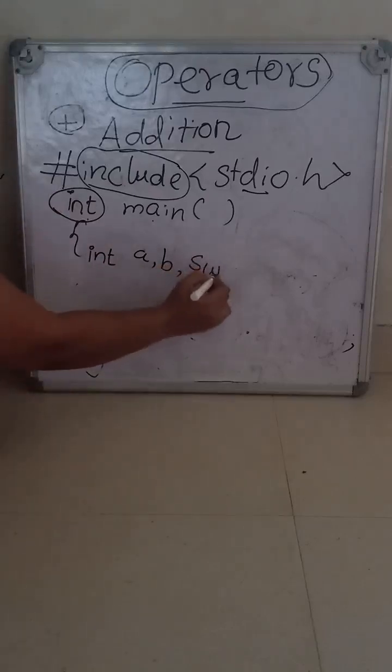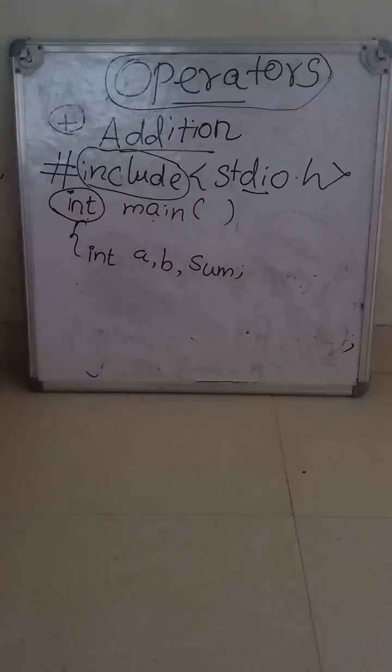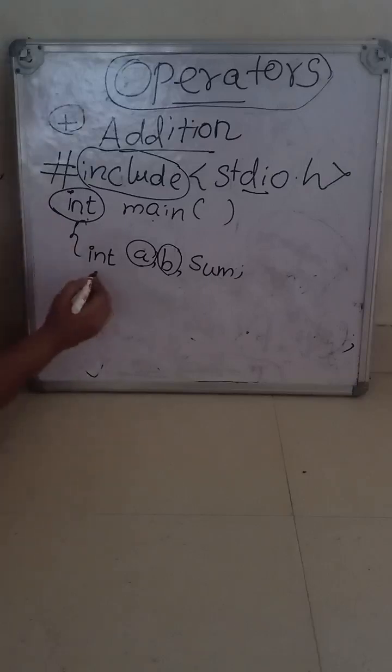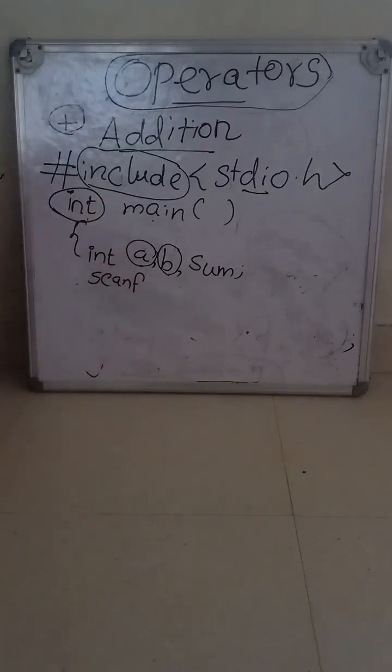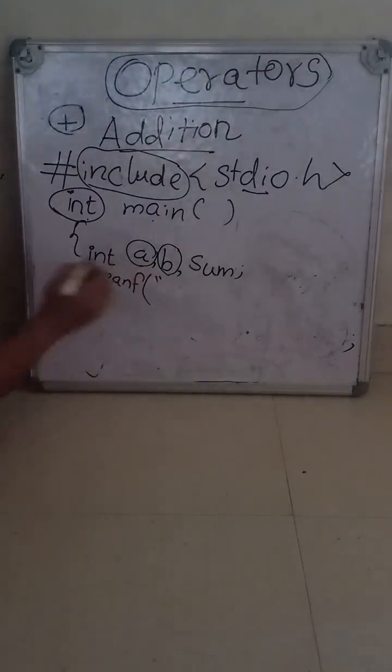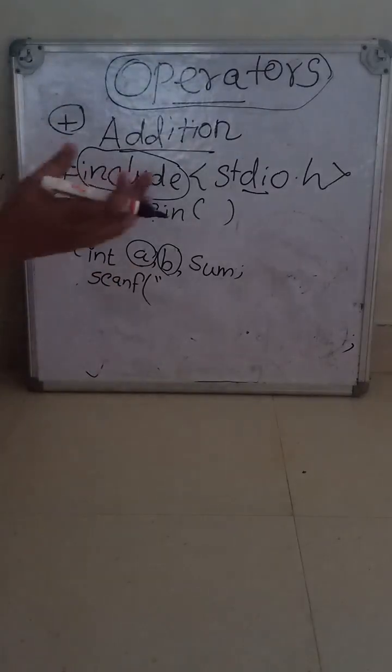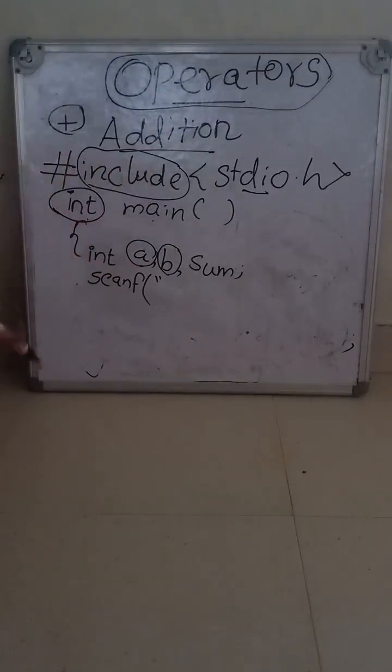After that, sum is for storing the result. The declaration part is over. Now I have to read the value of A and also read the value of B from the user. That means the user has to enter the values. So for reading the input from the user, I have to use the scanf statement. Inside the scanf, within the double quotes, I am going to read the values from the user, and I have to store them in some location, right? So that I have to include here